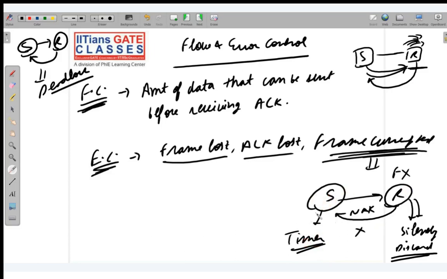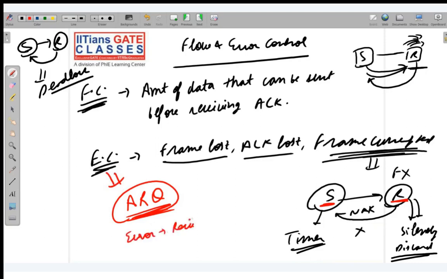Okay, so we call this mechanism automatic repeat request, ARQ. Why are we calling it ARQ, automatic repeat request? Because the sender is automatically repeating the frame. Or you might think that an automatic repetition request has come, because the receiver has not explicitly mentioned that please send the frame again. So ARQ means automatic repeat request. This mechanism is used for error control. For error control, ARQ is used. ARQ means if there is an error,